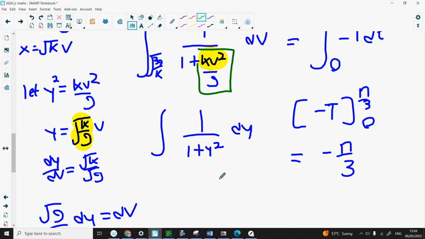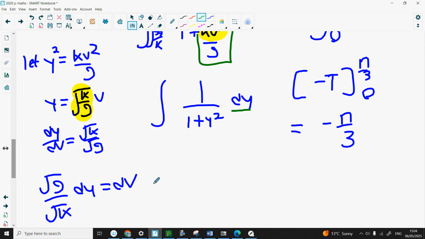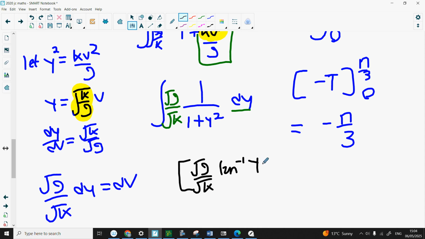So essentially this part here has been changed with y squared, and the dv has changed with dy, but the dy also comes with a root g and root k component, like so. And now this is easy. Now I can just tan inverse. It'd be root g over root k tan inverse y, okay,